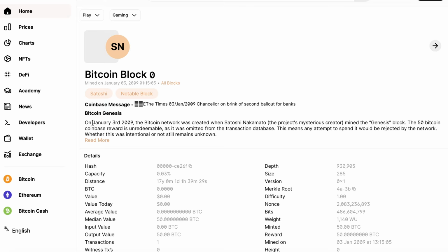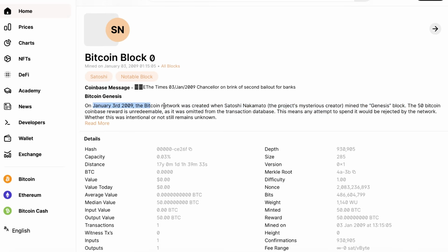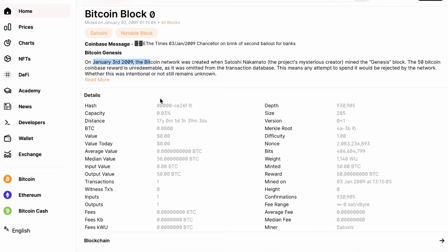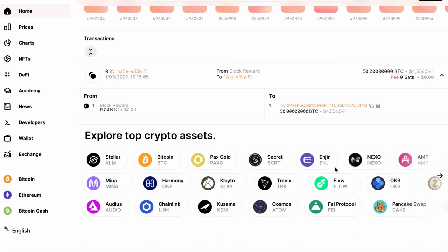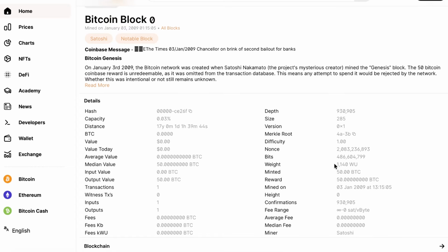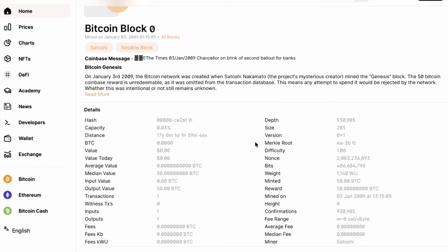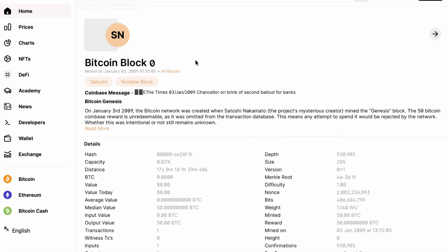a few months later, on January the 3rd, 2009, we had the Bitcoin Genesis block. Again, we don't need to know the exact technical details of all of these data points regarding exactly how Bitcoin works right now. We will get onto that a little bit later. But this was essentially the birth of Bitcoin. This is when the first Bitcoin went into circulation. What we can see is in this Genesis block, there was actually a message left.